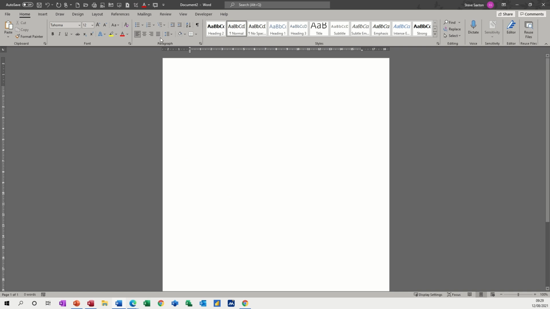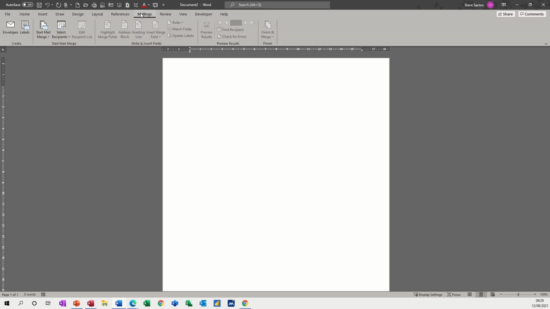When you do a mail merge, you go to the Mailings tab and you get this ribbon appearing where you start basically not in these two areas. These are nothing to do with mail merge, but start here, Start Mail Merge, and then you select the type of mail merge document that you want. We're going to keep it quite simple, letter, and then you have to either type a new list or use an existing list or use Outlook contacts. So for this example I'm going to use this option, use an existing list,